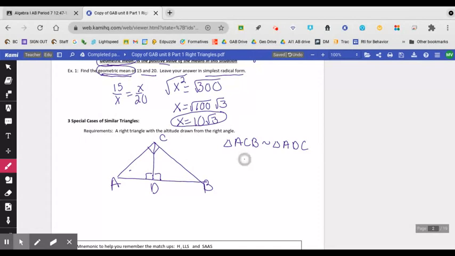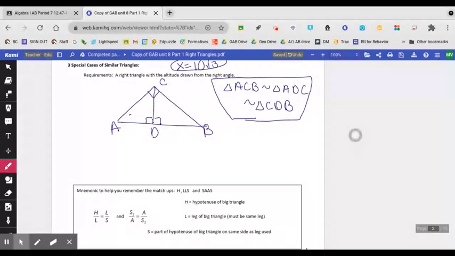Both of those are also similar to triangle CDB, because, again, they both have a right angle and they share angle B. So those 3 triangles are similar, and that gives us some special proportions. I could say that AC is to AB